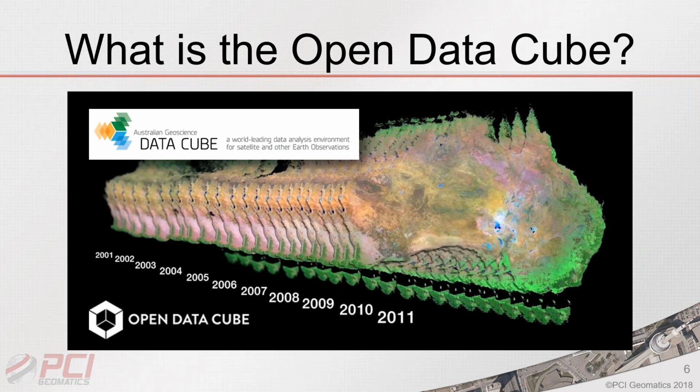They developed an infrastructure by which to ingest and manage and store just huge amounts of data, in this case Landsat data. So every single Landsat image collected, I believe from the 1980s all the way to present day, into this data cube structure that was created by Geoscience Australia. And really what that permits then is to